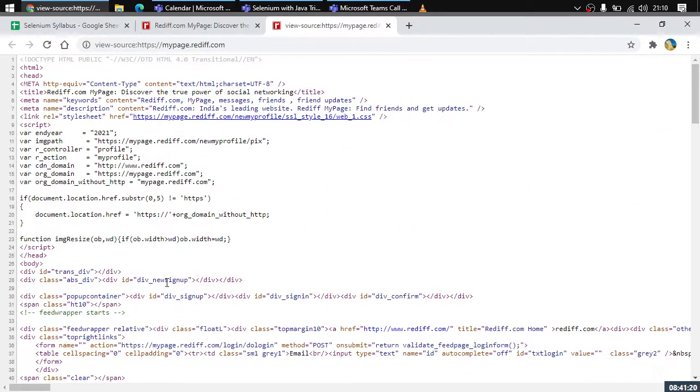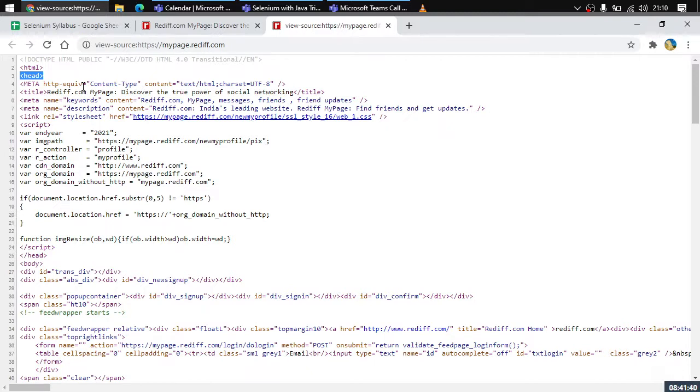Now here, the thing is that we have a lot of things on this particular page. You can see that we have some elements like these, some elements like these. What are these things? These are the HTML elements. These are the HTML tags, right?